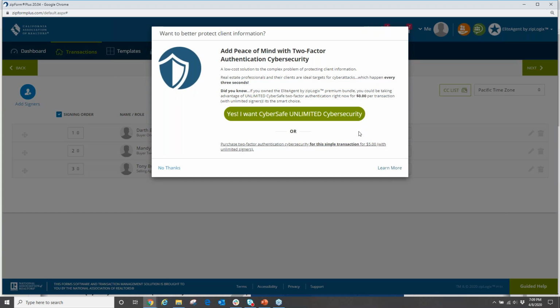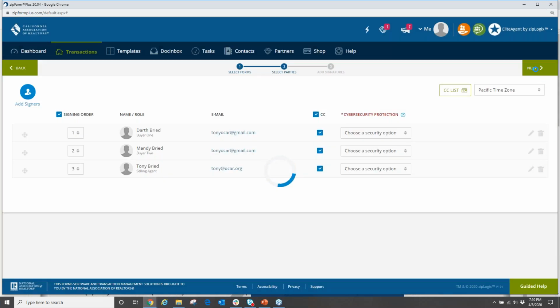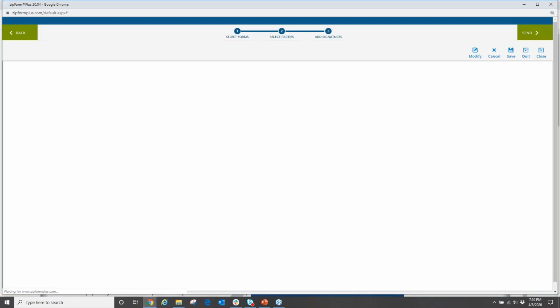Here we can add in cybersecurity if we choose. I will say that it is a fee of about $5 per transaction. Oh, but it looks like they changed that today to be free. So you can now add in cybersecurity at no cost to you. And now we can go next. When we go next,